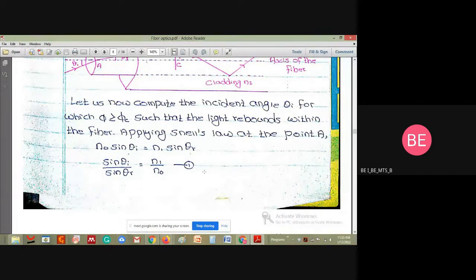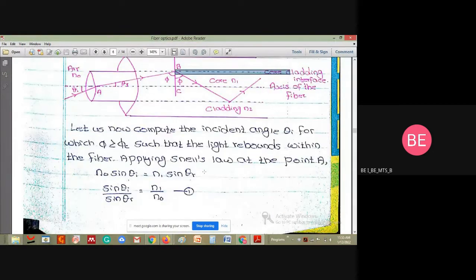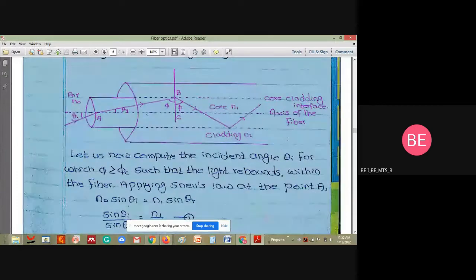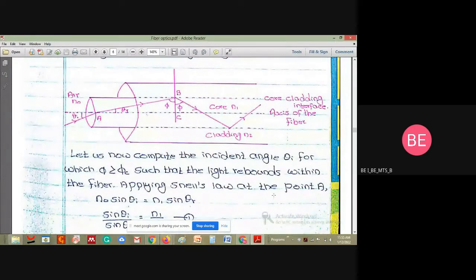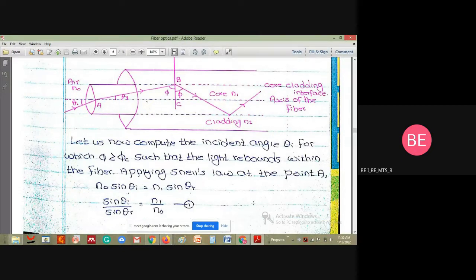I hope you might have already drawn the diagram, or else you can take a screenshot of it. Shall we go on into the derivation? Yes, ma'am. Yes. So let us try to compute the incident angle for which this phi is greater than phi